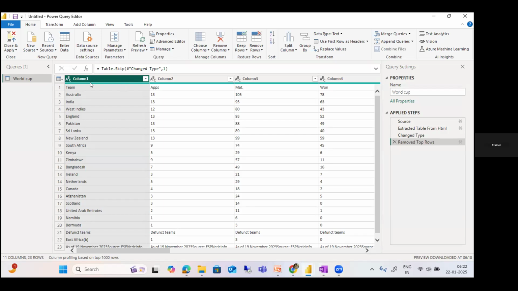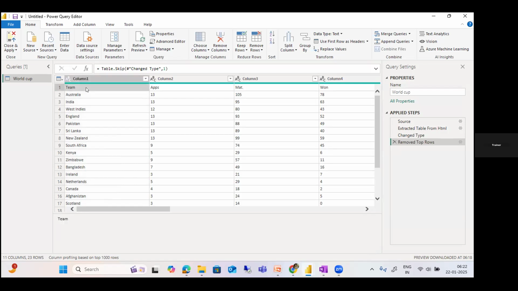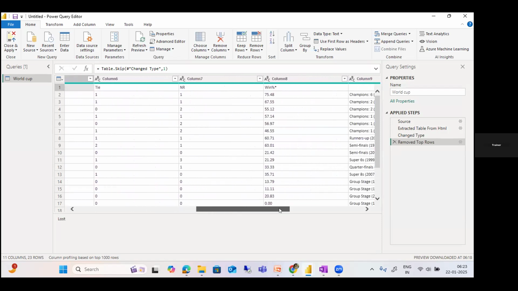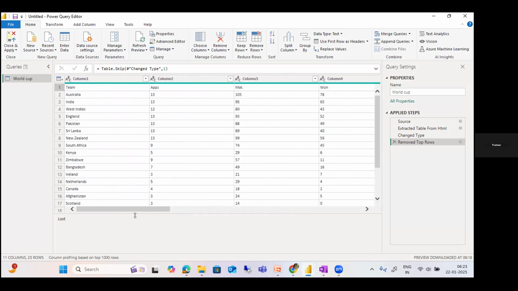But if you look at this data, if you observe properly, the column headers are in the first row. So we have team, apps, matches, how many matches they have won, how many lost. These are the column headers. The tie, net run rate, win percent, everything. All these are column headers, right? So these column headers, they are supposed to be